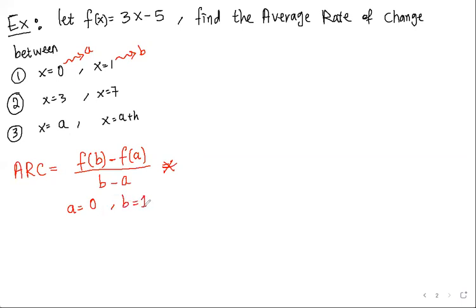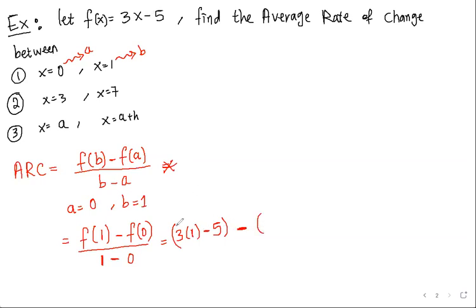I plug inside the formula f of 1, this is b, minus f of a, f of 0, over b minus a, which is 1 minus 0. F of 1 plugged inside the function, you plug inside the formula, it's 3 times 1 minus 5